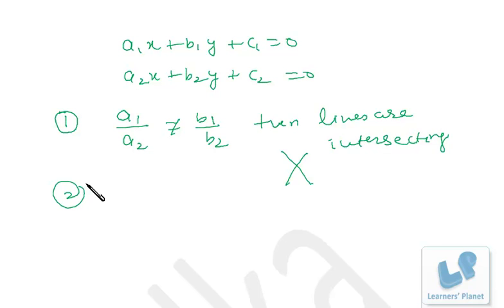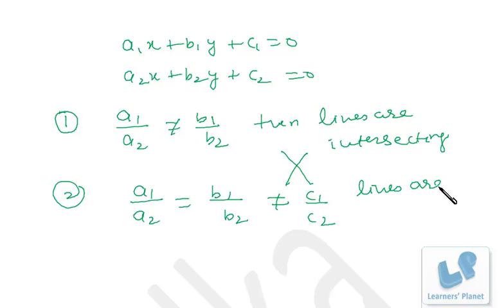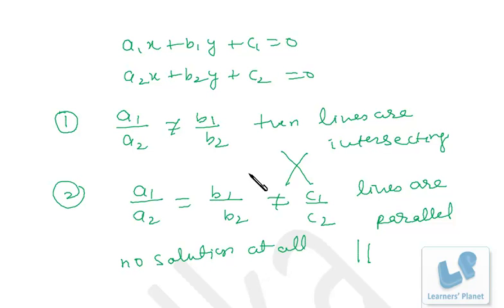The second thing is if the lines are parallel. If a1 by a2 is equal to b1 by b2 but not equal to c1 by c2, then the lines are parallel. Lines are parallel means no solution at all, right? Various words are used to represent the lines intersecting or one solution, the lines parallel or no solution,